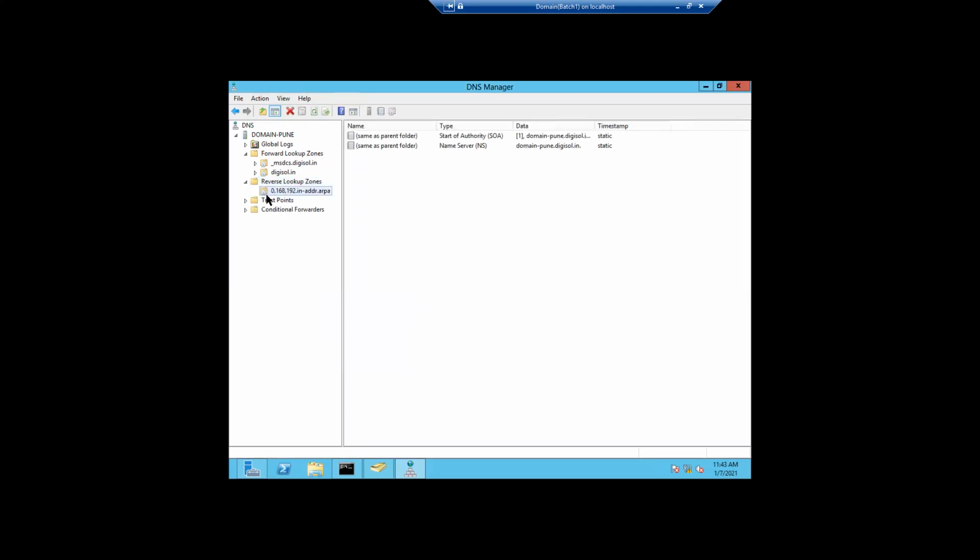We have created it, and the name is added automatically. Normally in a DNS server we will have the forward lookup zone and the reverse lookup zone, two zones. We will explain this in that module.